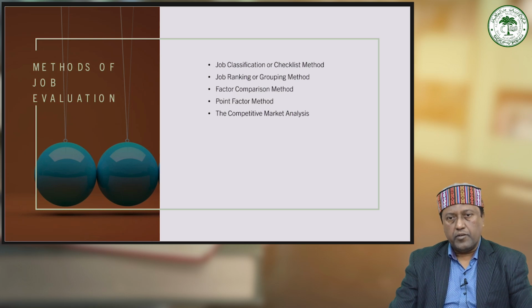The next step is determining position value. Based on the information gathered from the external market analysis, the value of the specific position within the organization is determined. This involves assessing how the job compares to external benchmarks in terms of responsibilities,